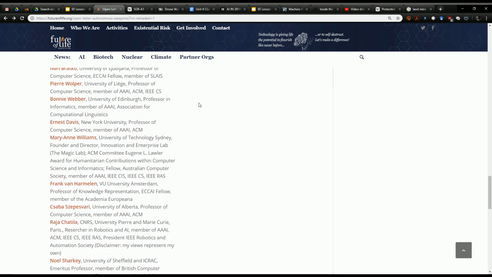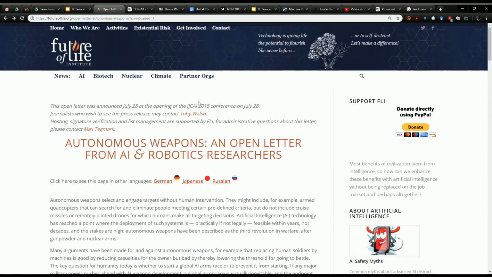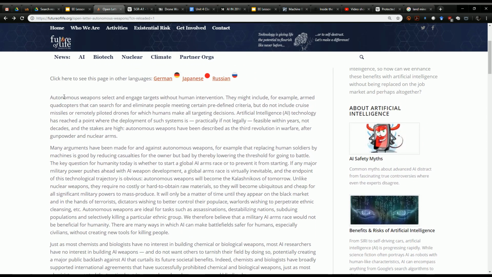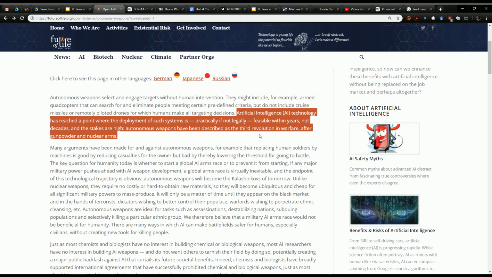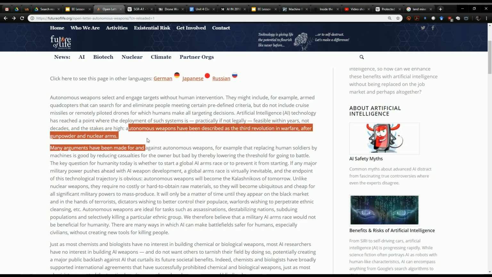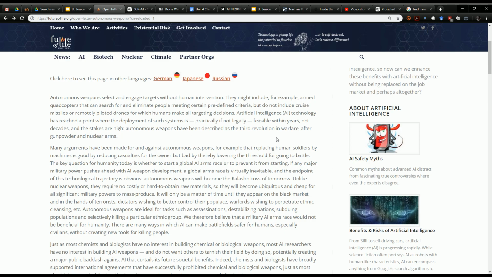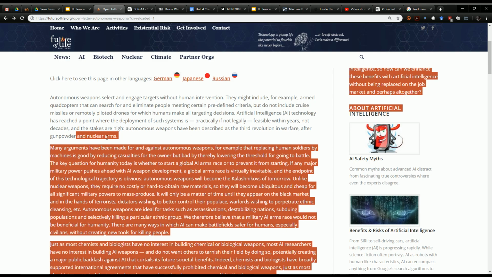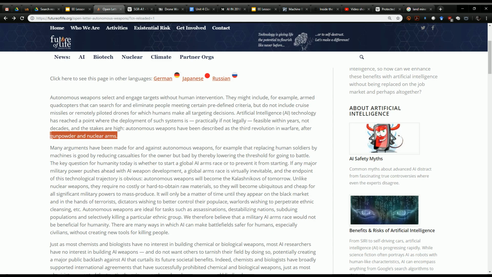I'll close with this. I'm not going to read the whole thing, but I just want to read a little bit of it. So the letter argues that artificial intelligence technology has reached a point where the deployment of such systems, practically, if not legally, is feasible within a few years, not decades, and the stakes are high. They say autonomous weapon systems have been described as the third revolution in warfare after gunpowder and nuclear arms. So the idea here is that there's a new revolution in the state-of-the-art technology, and their worry here,